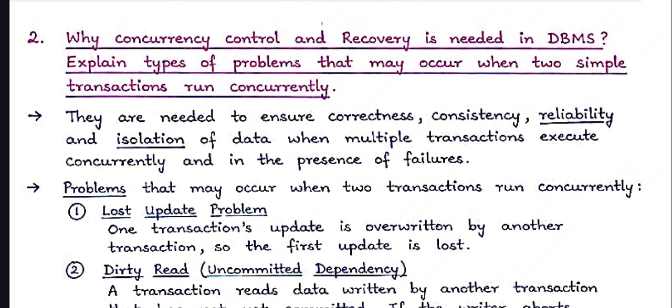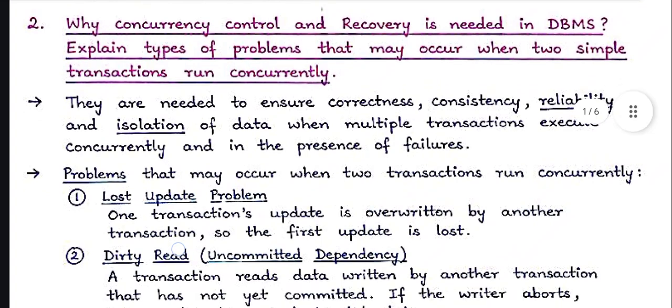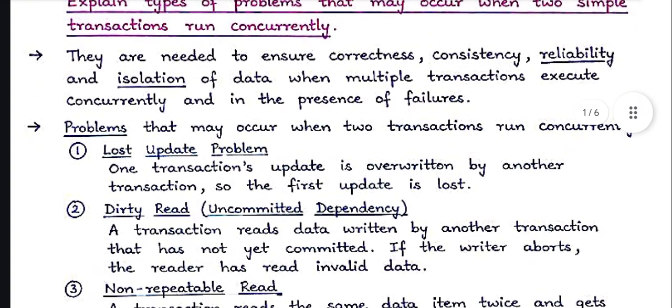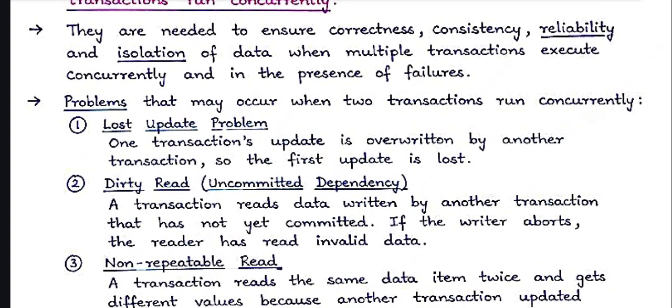Why is concurrency control and recovery needed for DBMS? Explain the types of problems that may occur when two simple transactions run concurrently. They are needed to ensure correctness, consistency, reliability, and isolation of data when multiple transactions execute concurrently and in the presence of failures. Problems that may occur when two transactions run concurrently: